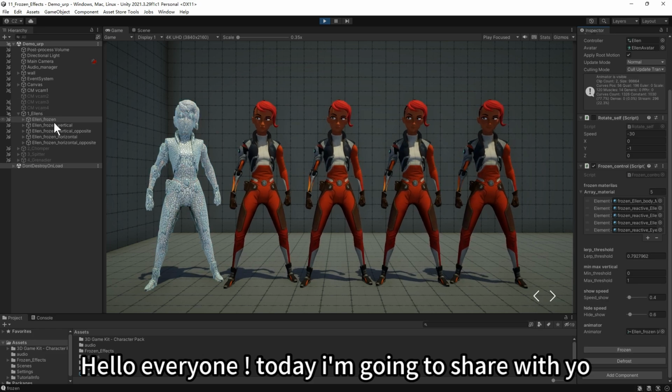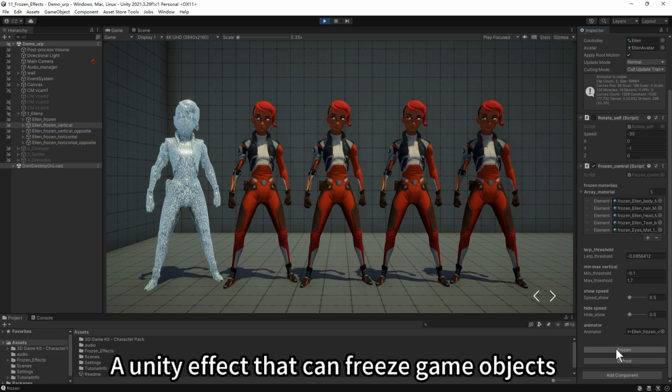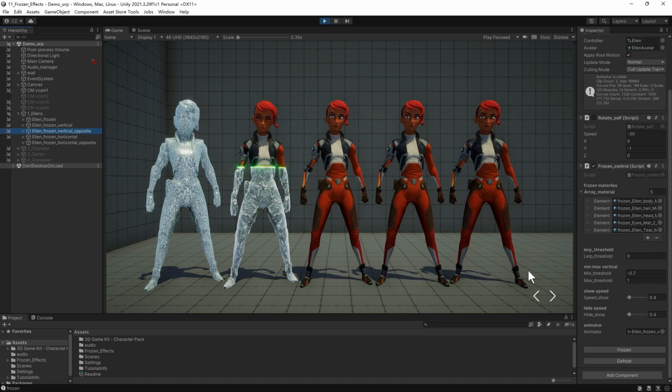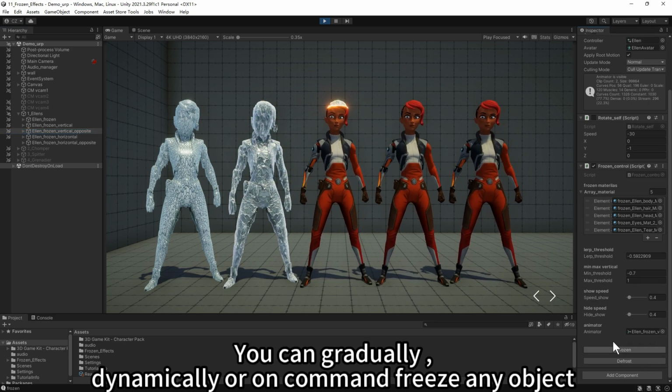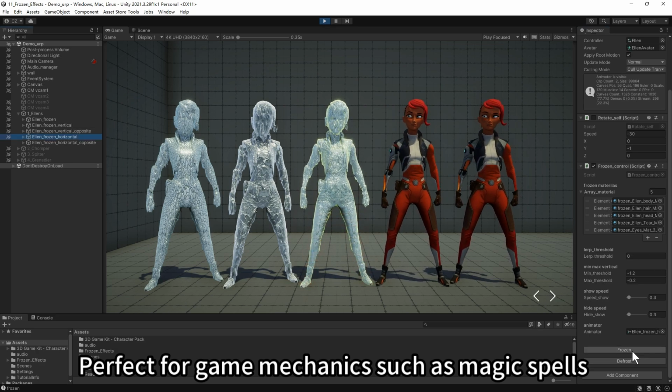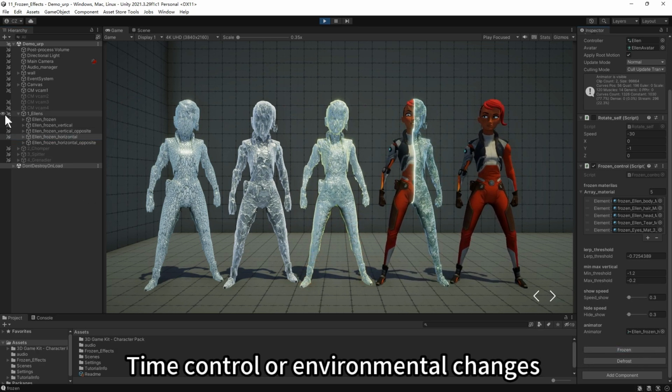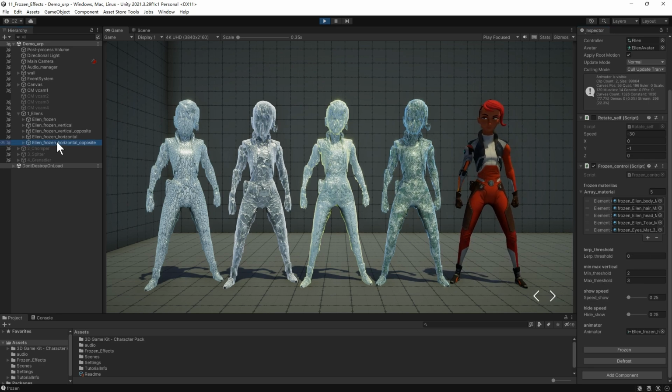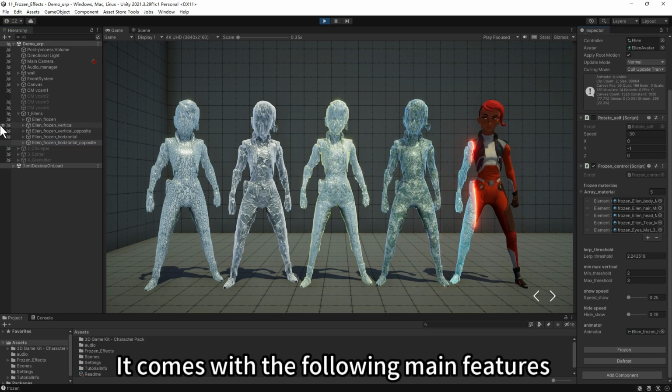Hello everyone, today I'm going to share with you a Unity effect that can freeze game objects. You can gradually, dynamically, or on command freeze any object, perfect for game mechanics such as magic spells, time control, or environmental changes. It comes with the following main features: